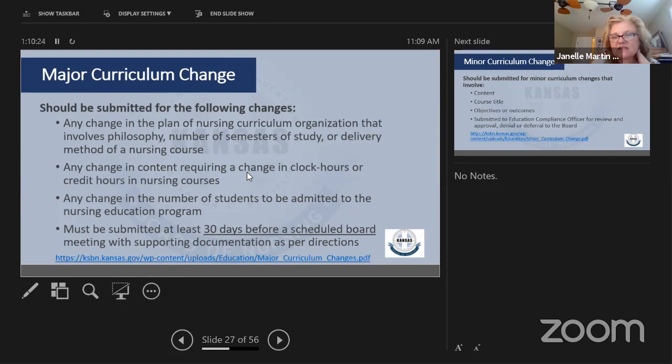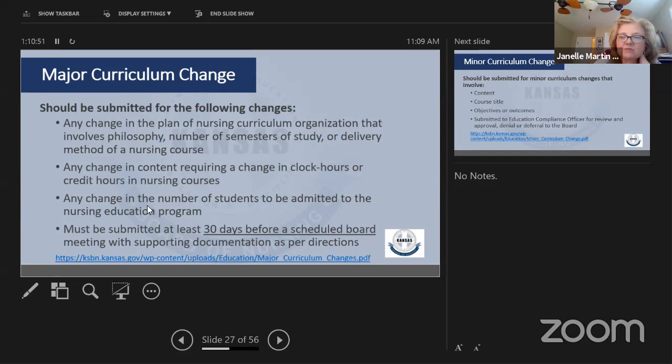So as long as it stays within the core curriculum recommendations, it's a minor change. But if you want to go outside of that, if you want to change something from a 3-hour to a 4-hour that's not in the flex, then that would be a major curriculum change. That's the only place where that doesn't apply, is in the flex hours for core curriculum and for PNs.